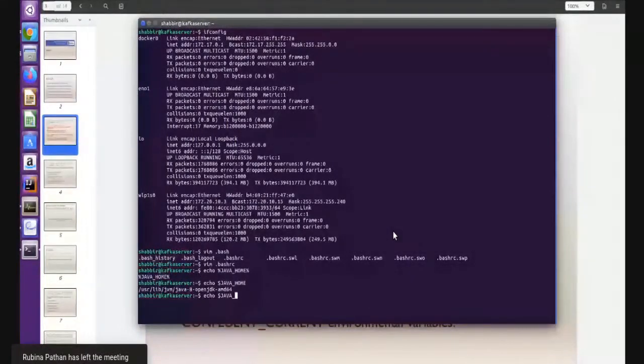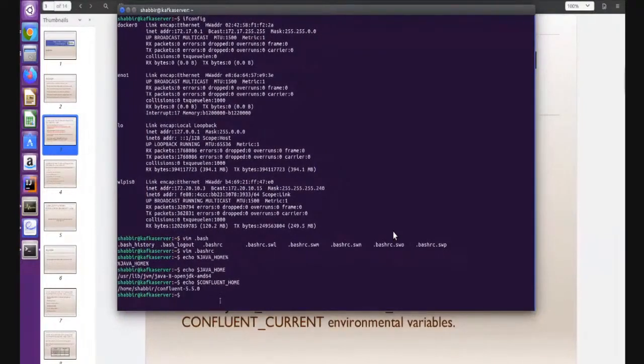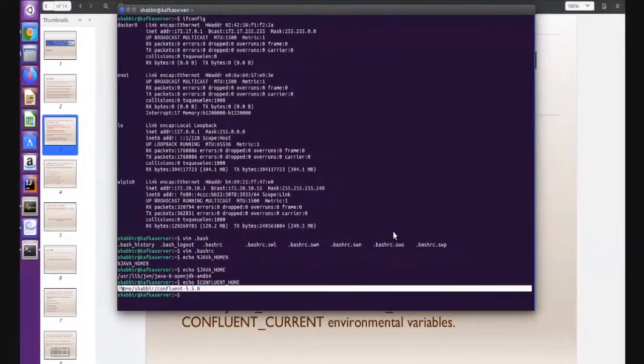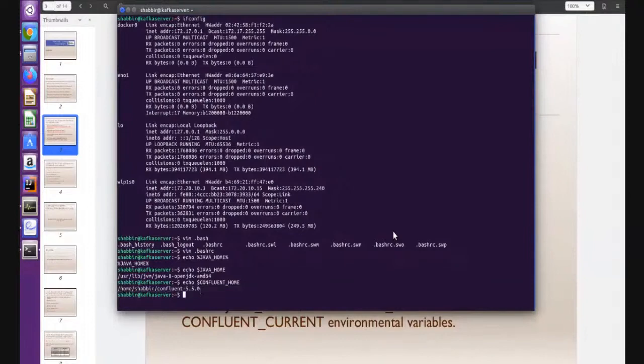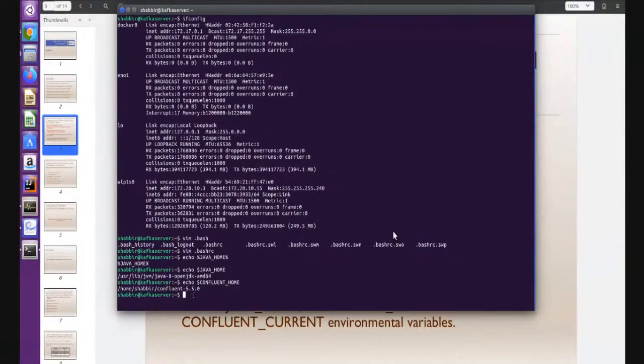And the home is also there in my path. If the environment variable is in your path, then your command will work. If it is not in your path, it will not work. If it doesn't display on your machine, you have to exit and open the terminal again. But in my case, it is showing here.